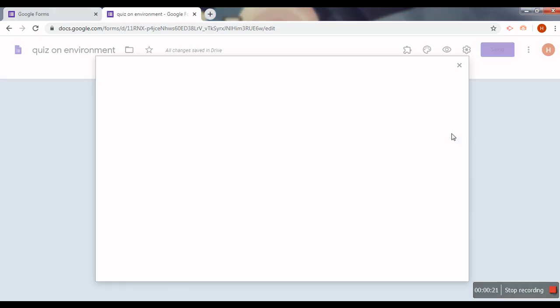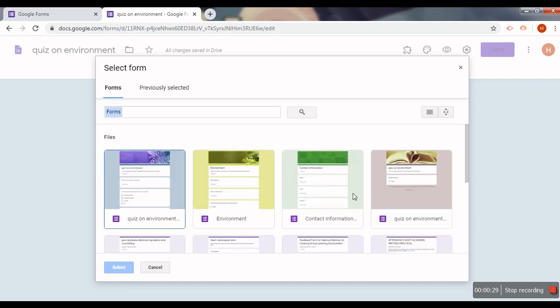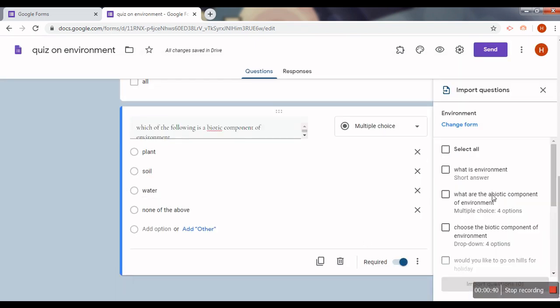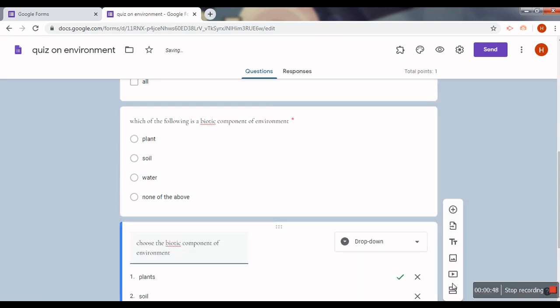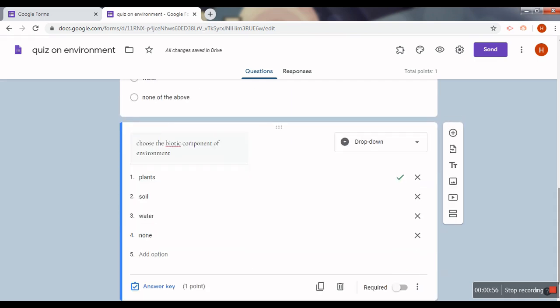When you click on this import, it will give you the option of where you want to import questions from. So if you want to import from a form, you have already made different forms, and you want to take some questions from the same form, then you can click here. So for example if I select this, all the questions in it have come here, right? So which question do you want? Suppose I say I want to take this question and I say import question, now the question comes here, right? So if you want to import all the questions, all will come. Otherwise whatsoever the question you want to import, you can use that. So you don't need to type them again, right?